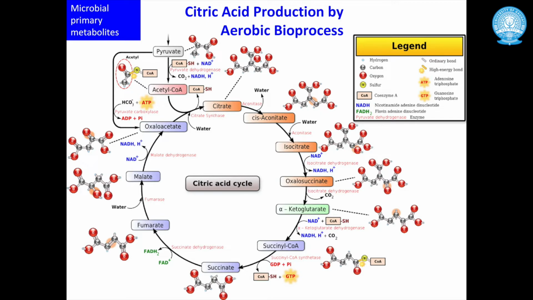If we have to look at the controlling points or the points of regulation of the citric acid or tricarboxylic acid cycle, then what we can do is that citric acid production can be increased by using a mutant lacking an enzyme of the cycle, any of these enzymes, and by inhibiting the flow of the cycle. If any of the enzymes involved in the cycle is mutated or is not able to carry out its normal function, then there will be accumulation of the